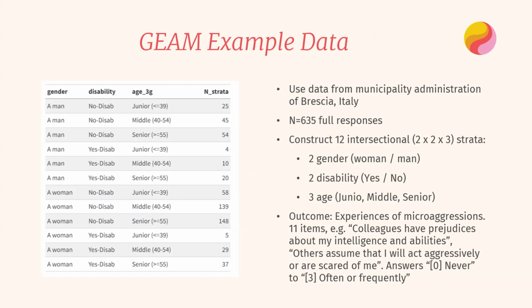And we examined then whether certain groups here are more affected by the microaggression scores. The microaggression score is an 11-item measurement scale, for example, asking if colleagues have prejudices about my intelligence and abilities, and people then score the answer from never to often or frequently, how much they experience this type of experience in your organization. And when we go to the next slide,